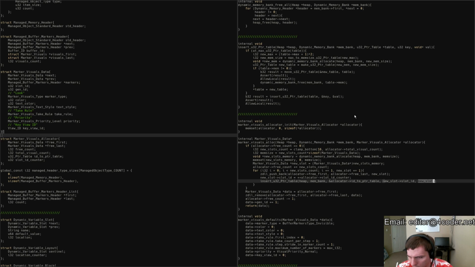Okay, so where does that leave us? When we allocate one of these visual allocs, or one of these marker visuals, we see if the allocator is out of slots. If it is, we allocate more slots on the memory bank, and then we initialize them by clearing that memory to 0, iterating them, and at each step we put it on the free list. So there are now free slots on the free list, and we set up the ID and add that to the ID to putter table so that from now on we can find that slot via its slot ID. Then we